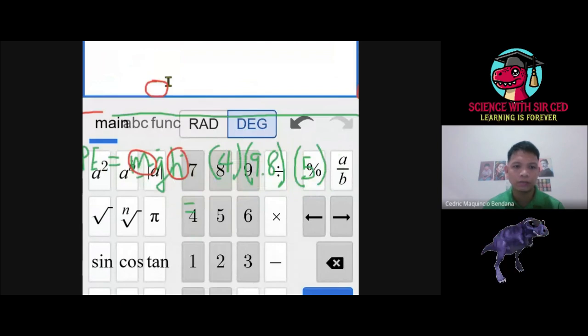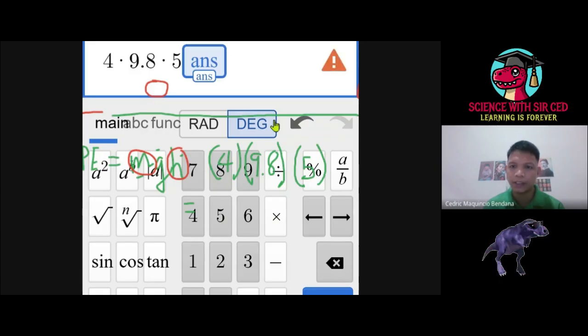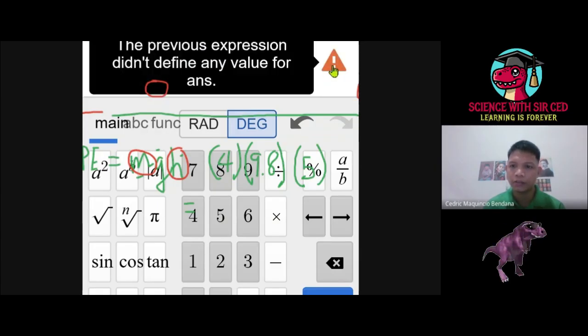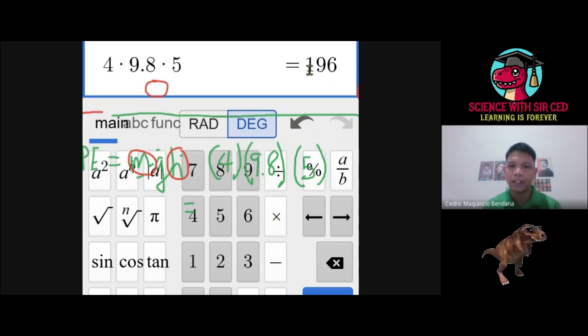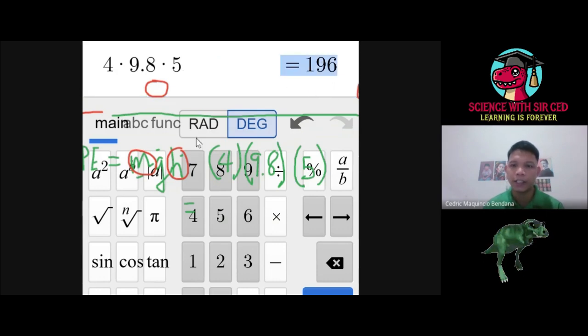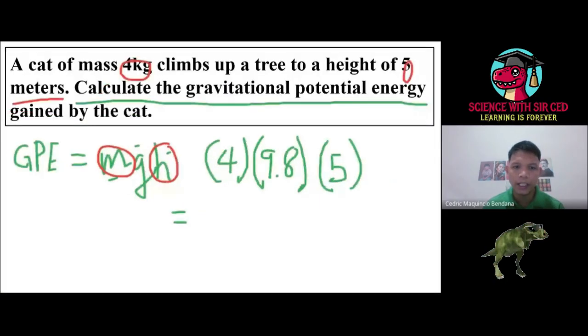So that would be 4 times 9.8 times 5 meters. So our answer will be, wait, what happened? Okay, that's it. Our answer is 196. So 196 is our answer. We are looking for gravitational potential energy, so it will be 196